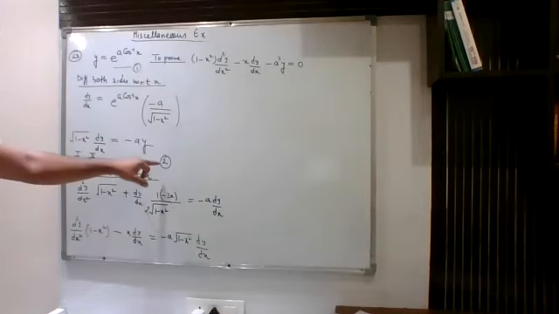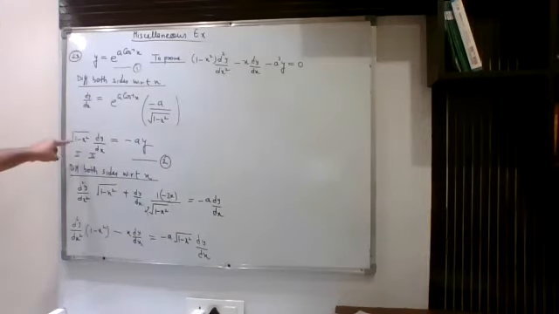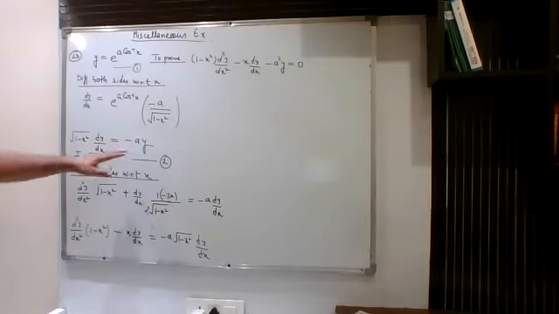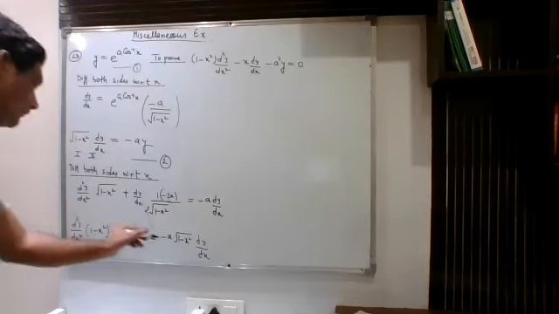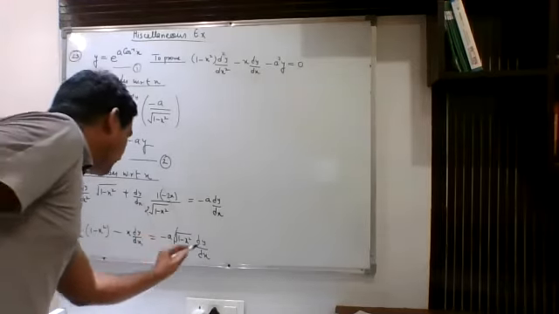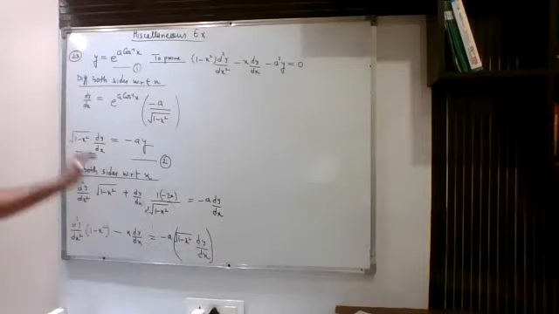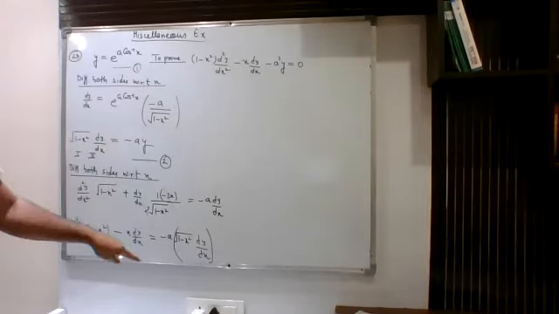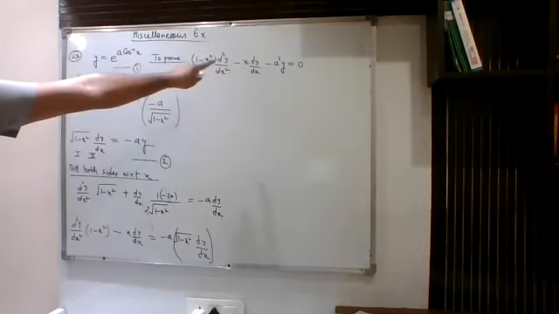So if you see the number 2 equation, then under the root of 1 minus x square into dy upon dx can be written as minus ay. So from number 2, we will just put the value of this term. This bracket can be written as minus ay from number 2. Why are we doing this step? Because we want to reach this expression.